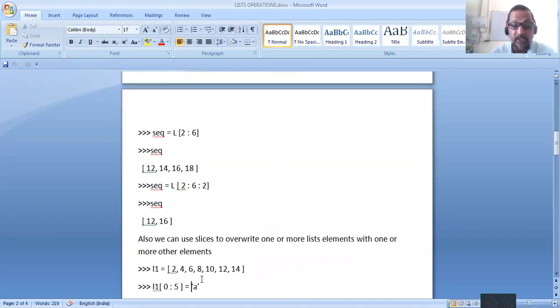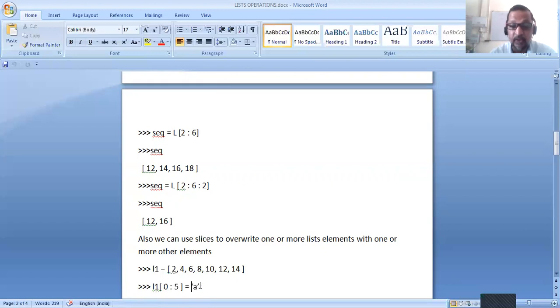When we give the command L1[0:5] is equal to A, it means it will overwrite the elements having index from 0 to 4 with A. It will replace all those elements with A.